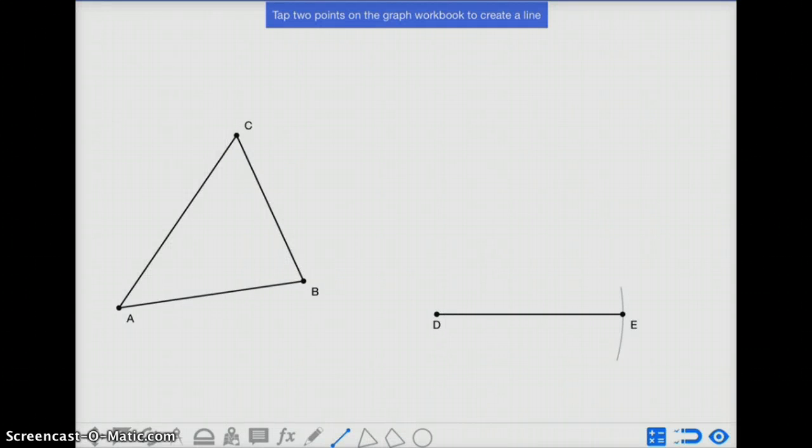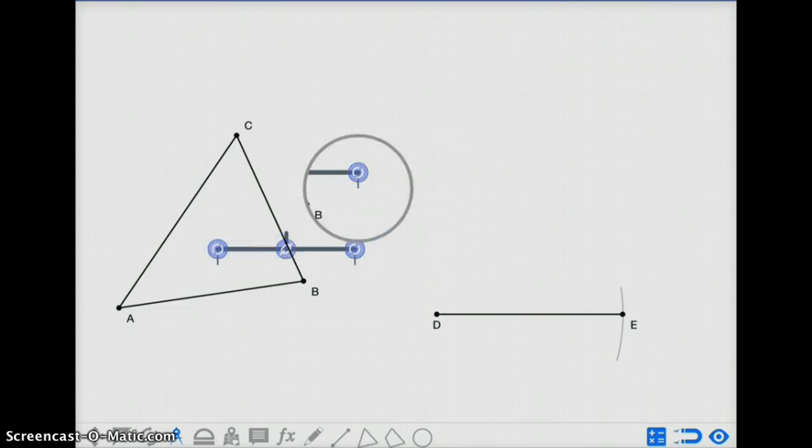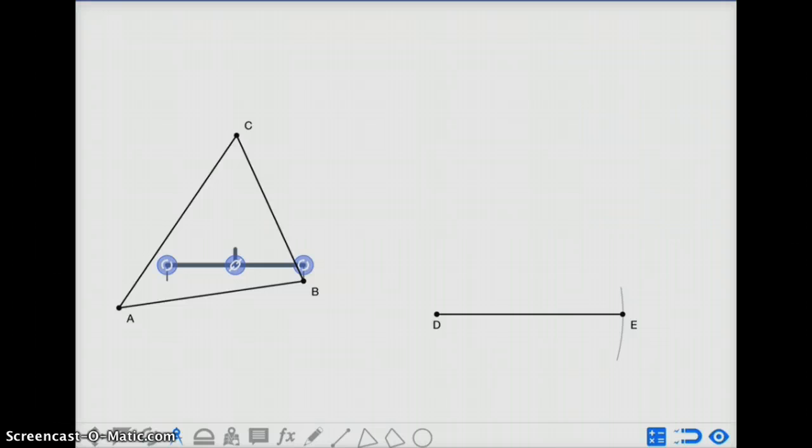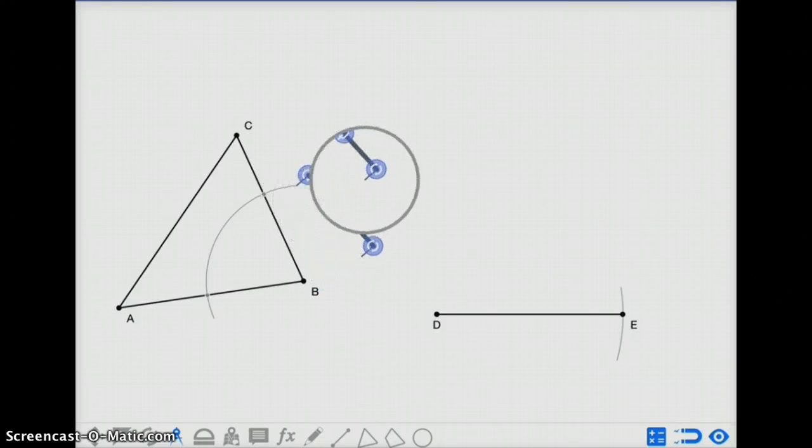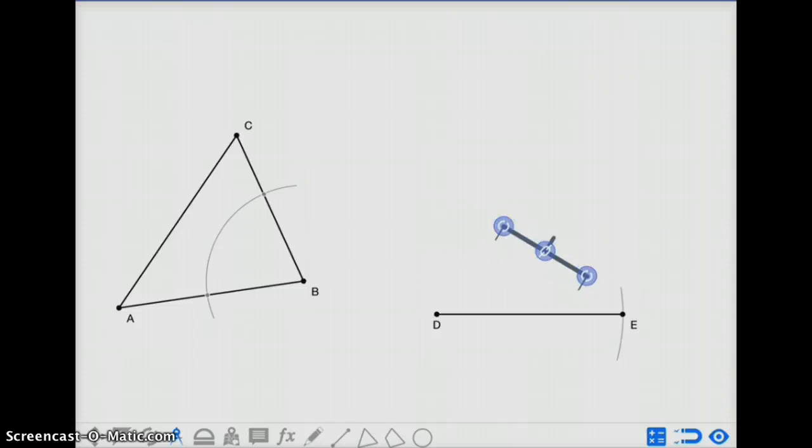So that's the side portion of it. Next, I need to recreate the angle that exists at point B. So to recreate an angle, bring my compass in, shorten it up to something a little bit more useful, and draw my arc to cover that entire spread. Next, bring the compass without adjusting its size over to point E,